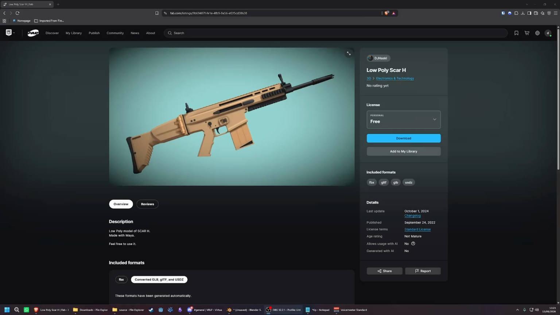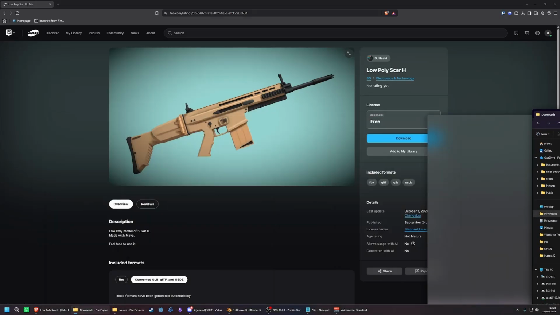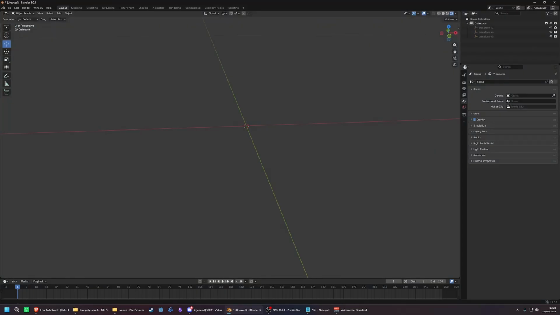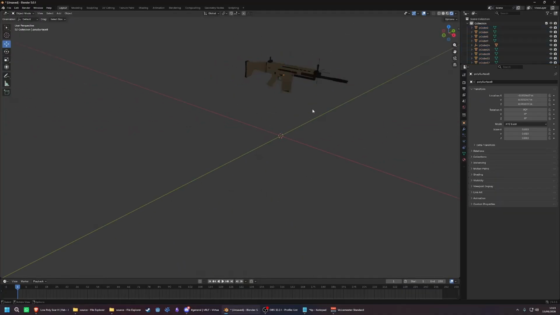Hello, this is a quick guide on how to add your own gun models and stuff to the virtual reality light gun framework. So I'm going to be using Blender. Downloaded this free model from DJ Haskey, who's got a couple of good guns on here. I've already downloaded it, so it's in my downloads folder, which is here. I'm gonna open Blender, drag the model in, import with the default settings, and we get this, which is the